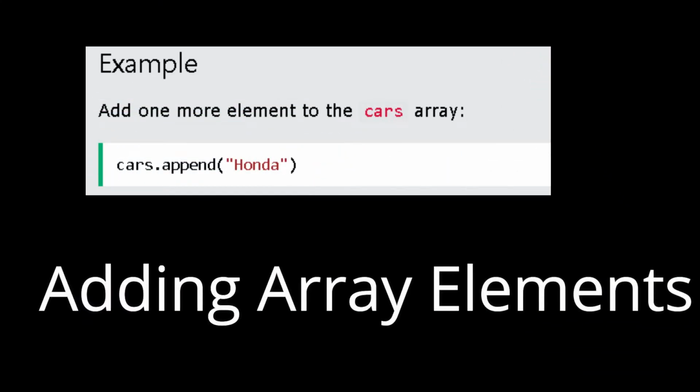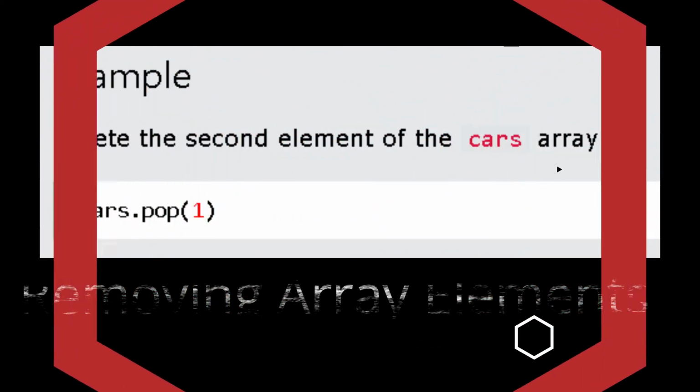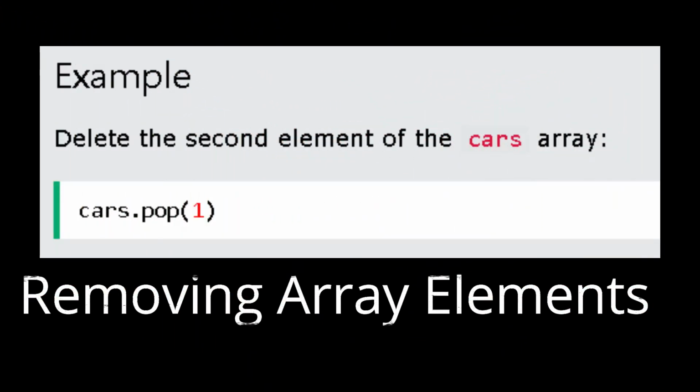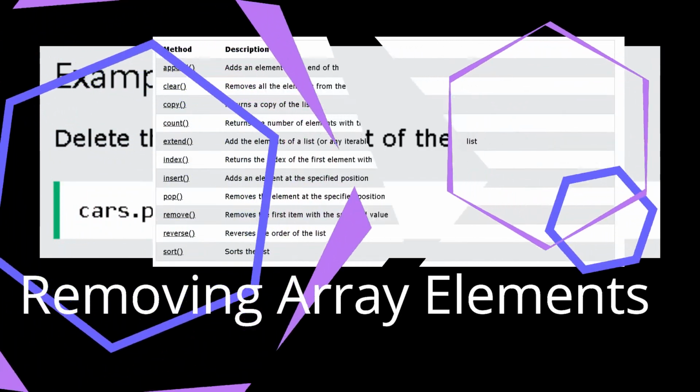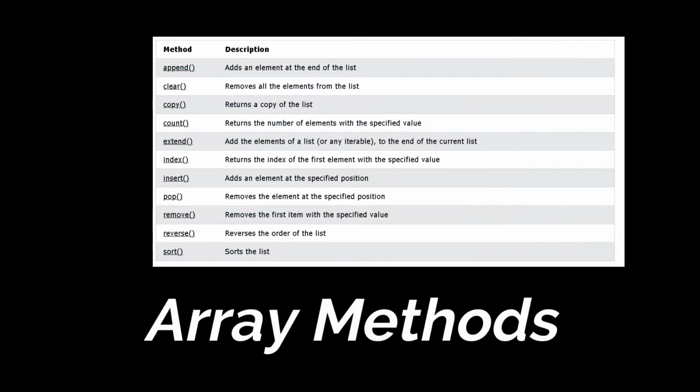Adding array elements. You can use the append method to add an element to an array. Removing array elements. You can use the pop method to remove an element from the array. Array methods. Python has a set of built-in methods that you can use on lists. Array